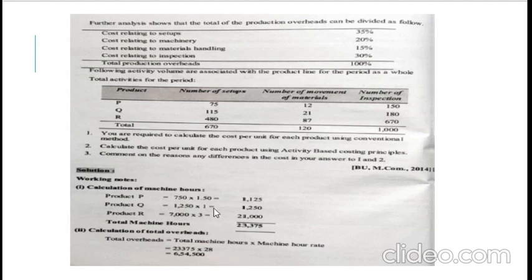Yes, but we are finding the total machine hours so we can find your total overheads. In this problem, they have not given you the overhead cost, that is the amount. They have only given the percentage, and they have not stated the total overheads. So you can calculate your total overheads as total machine hours into machine hour rate. That is why we are finding machine hours, then total overheads.